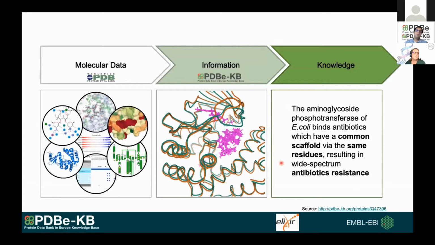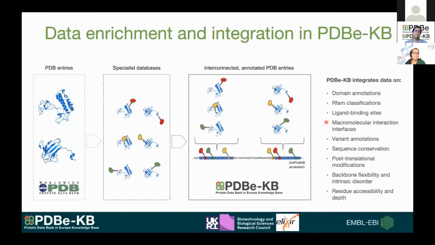But what we want to achieve finally by getting all these structures is to be able to use this molecular level data and its biological context and additional information to convert that data into knowledge. We want to understand the biology behind a particular protein or a particular complex. And that's the goal we have for archiving all this structured data. So how can we achieve that?